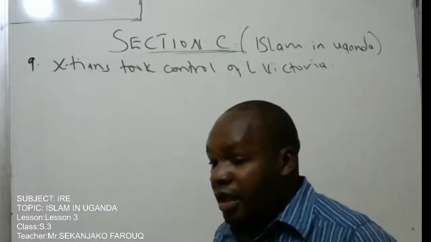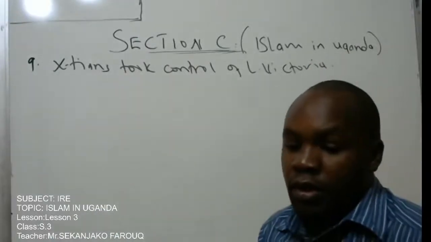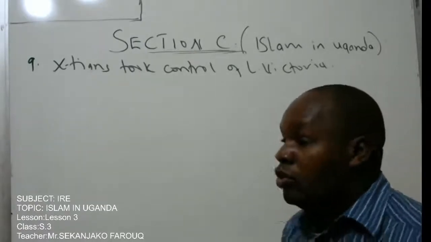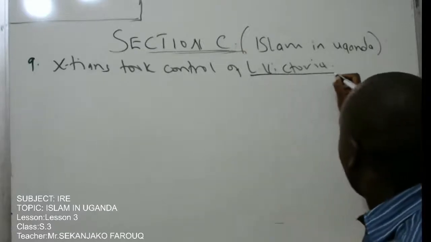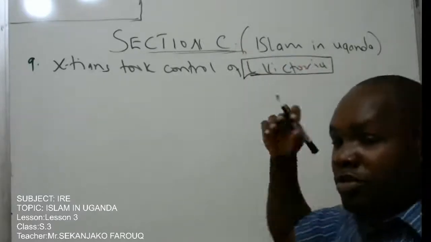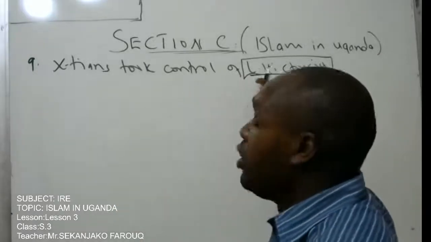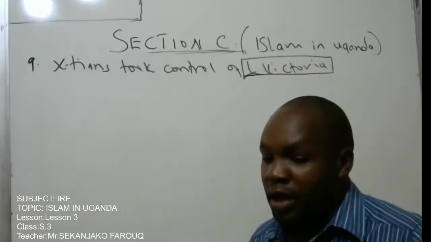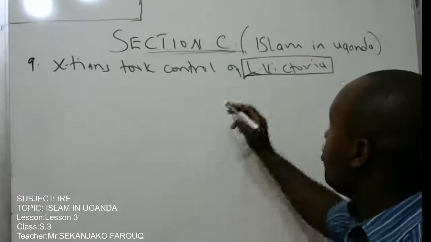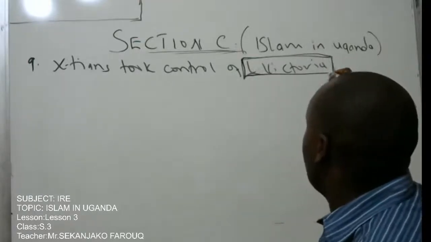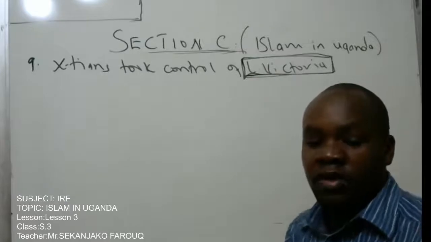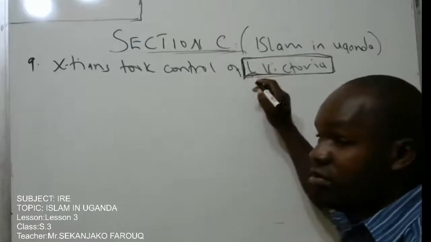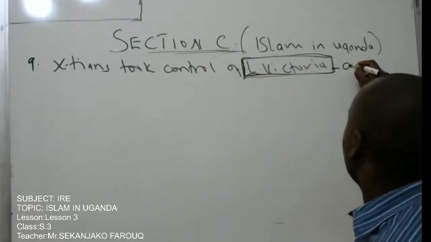The Christians, especially the colonial government, that was represented by Captain Lugard and the IBEACo, took control of Lake Victoria. Talking about Lake Victoria, because if the Muslims were to gain any reinforcement, it had to pass through Lake Victoria to be delivered into Buganda. And therefore, the Muslims over-relied on it. Remember, they sent a letter to the king of Zanzibar requesting fighting weapons. However, all these vessels that were sent to help the Muslims were captured by Captain Lugard